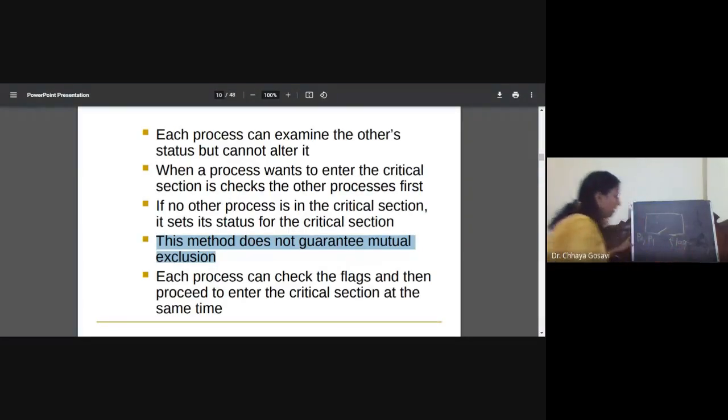Flag means it will check whether any other process wants to enter into the critical section. If flag is 0, it means flag is 0 for both the processes. Now P0 will check the critical section is free and raise its flag that I want to enter into the critical section. And first it will check if no other process wants to enter, then P0 can enter. And suppose the problem is if the critical section is free and at the same time P0 and P1 raise their flags. So by the rule, both the processes should be allowed to enter into the critical section, but it is not allowed because of mutual exclusion, right?